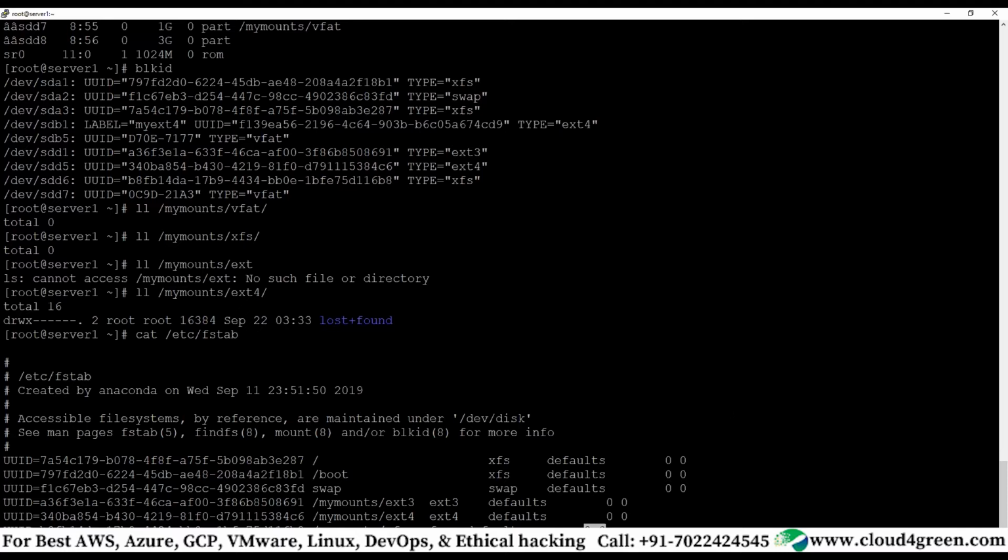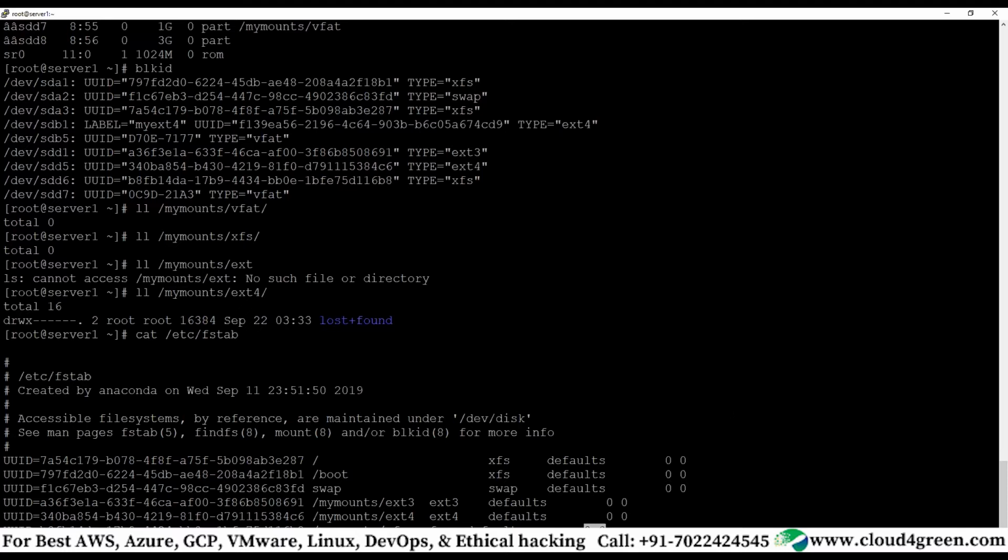Now on top of this VG, I can create an LV. Either I can create a single LV or multiple LVs, for example LV0 and LV1. We use the lvcreate command to create the logical volume.